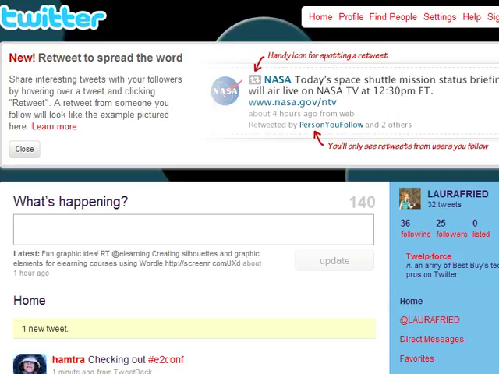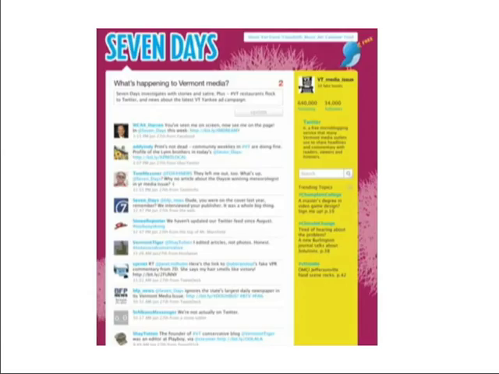tactic used by a local media outlet here in Vermont, created in part, I believe, to encourage their readers to get familiar with Twitter and start tweeting. So here's the cover of the issue that came out in that weekly newspaper, and I have it here on screen for you to look at. This is actually a spoof of their Twitter homepage, and it served as a really fantastic training tool for their